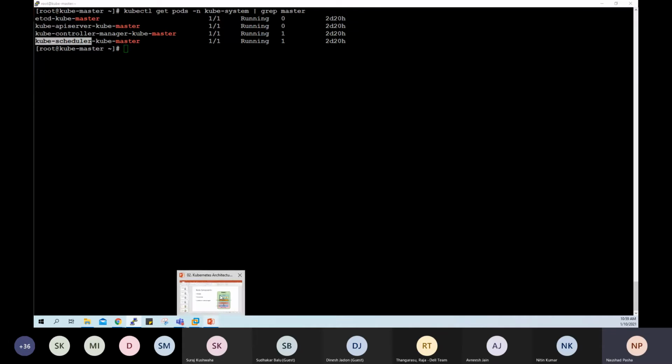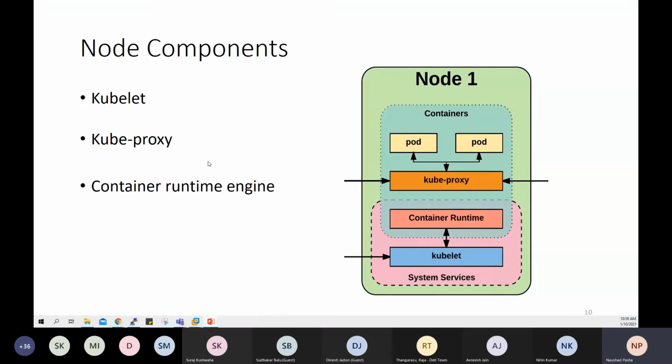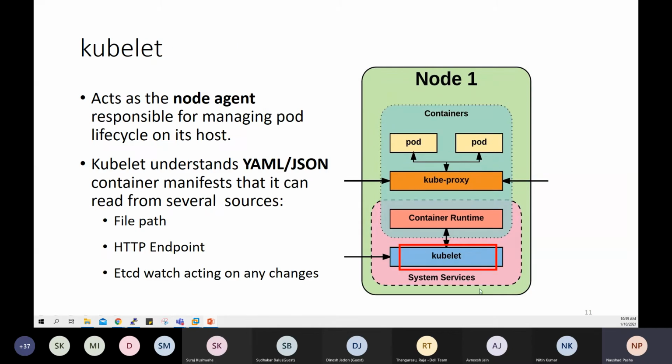Now let's take a look at the worker node components. There is the kubelet, the kube proxy, the container runtime engine. These are some of the worker node components. Let's first understand the kubelet. So the kubelet and the container runtime, in my case, I'm using Docker as the container runtime.